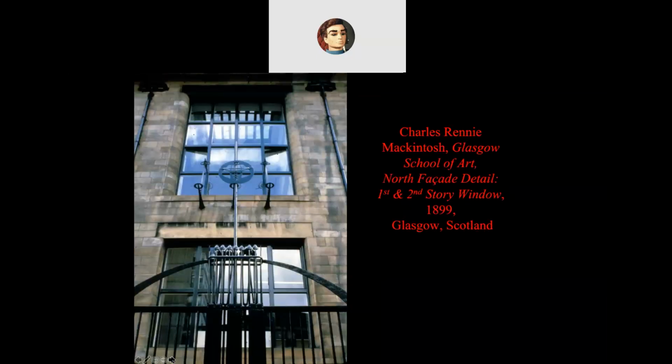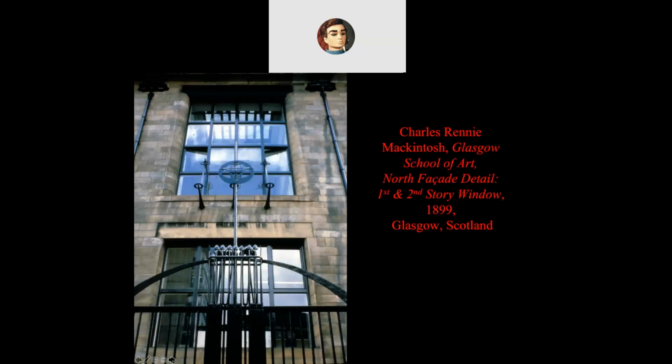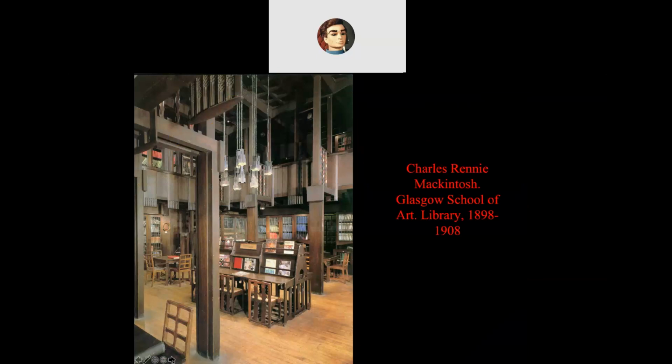I like some of this, like this wrought iron detail is really gorgeous. And that same stylized rose motif gets used in the window detail. In a lot of this design, you don't have to do that for the window to function, but why design something and make it look like everything else? Like those nice big windows, the interior, everything. I mean, the darkness of the interior has to do with the color of the wood and the material,